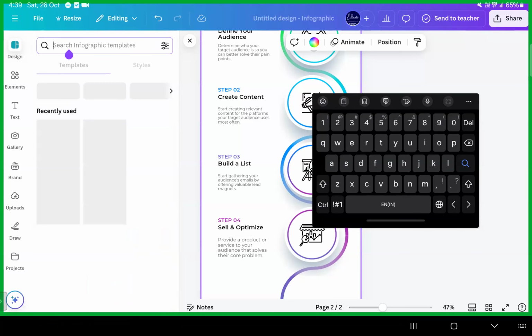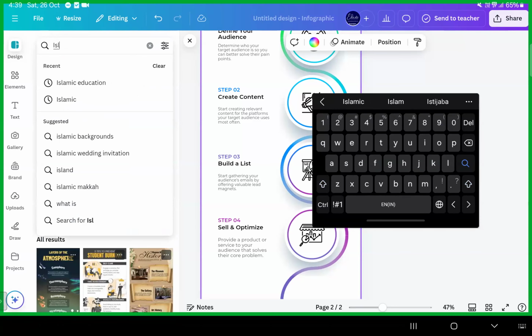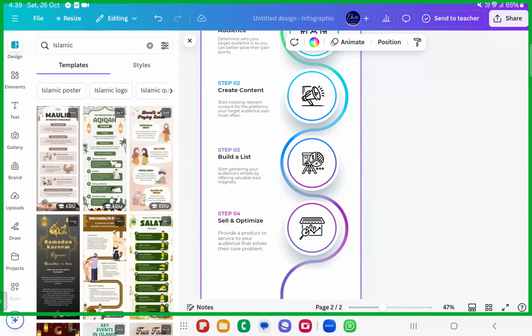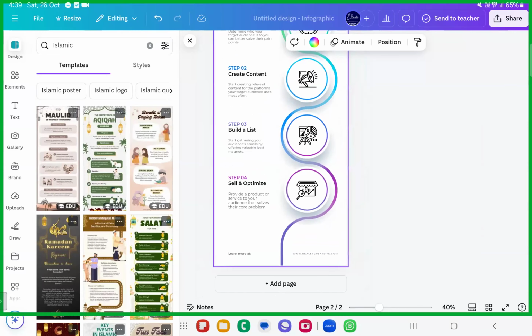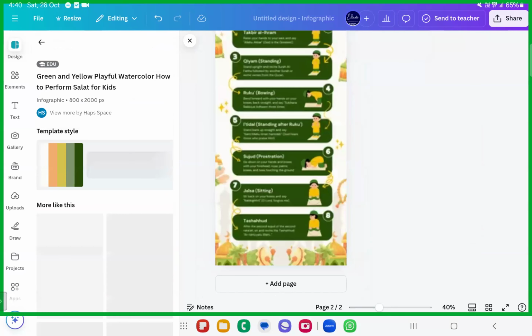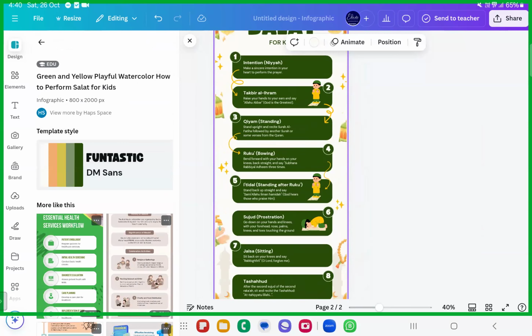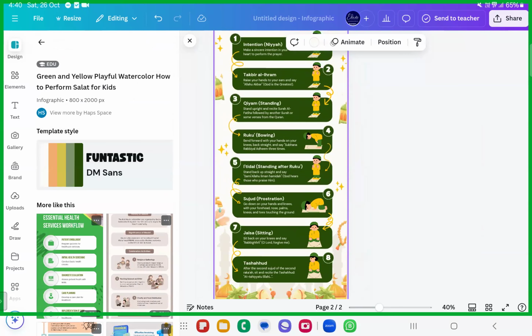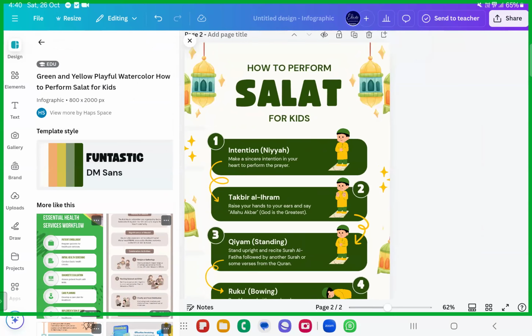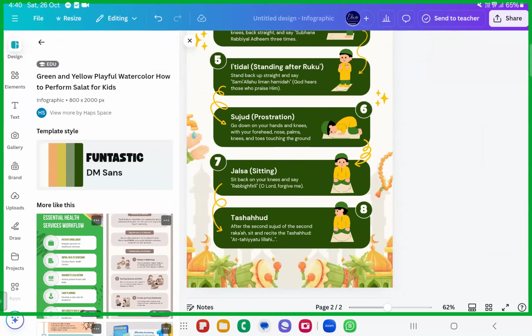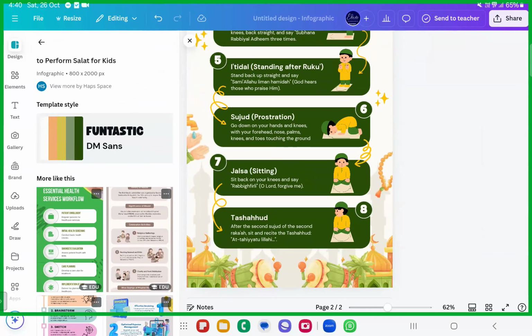Fine. You have so many Islamic infographics that are here. Hopefully, you have seen the Dawa pamphlets. They actually put this up in the Dawa format. Usually like the 5 pillars of Islam, something like that. See, even the steps of Salah is already here that we have told you how to perform Salat for kids. See how beautifully the infographics are. Okay, this way the infographics are created. All the info in one frame if you want to put. Steps, usually this is taken with the steps.